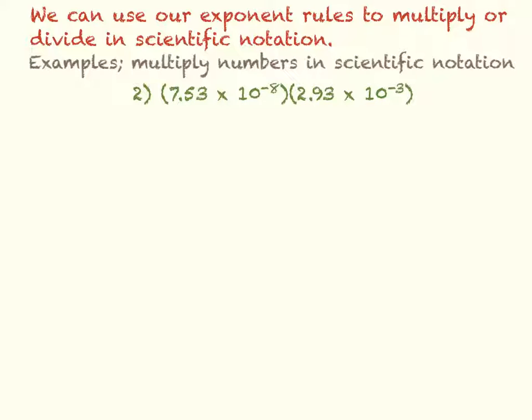Example 2. 7.53 times 10 to the negative 8 times 2.93 times 10 to the negative 3. So I'm going to have 7.53 times 2.93 times 10 to the negative 8 times 10 to the negative 3. So now I just have to put things together. So I'm going to multiply right here, and I get a